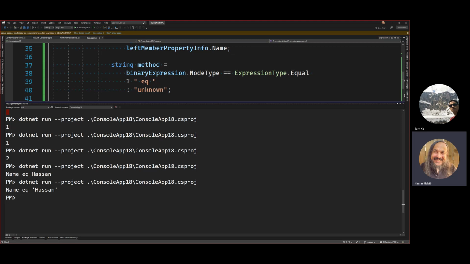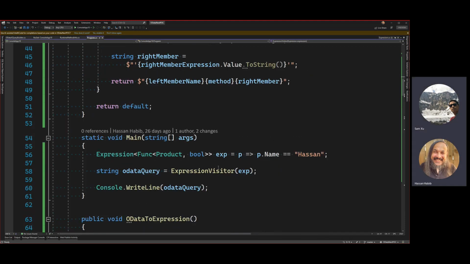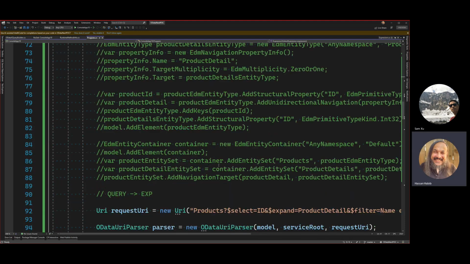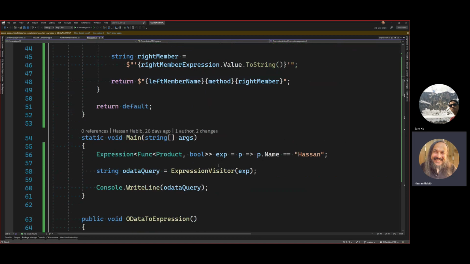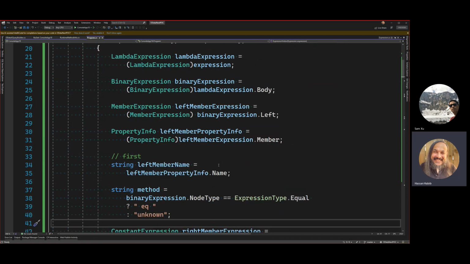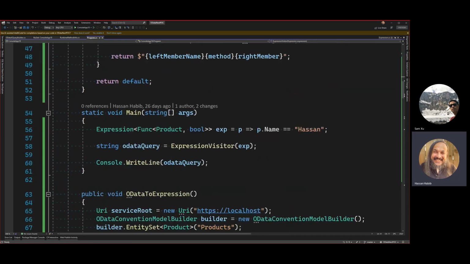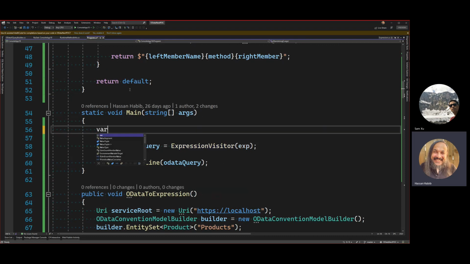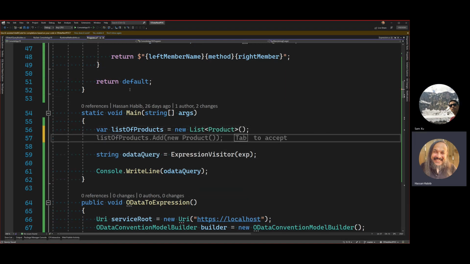Yeah, name equal Hassan. Okay. So that means that if I have something like, let's see, if I go here and it's already a product and all that. So if I have something coming in from the outside world, let's say var list of products equal new list of products like this, and I can go and say, well, I want the expression,